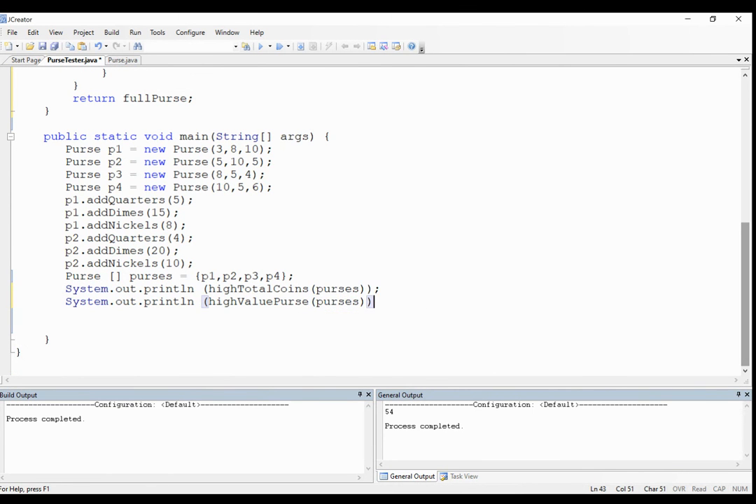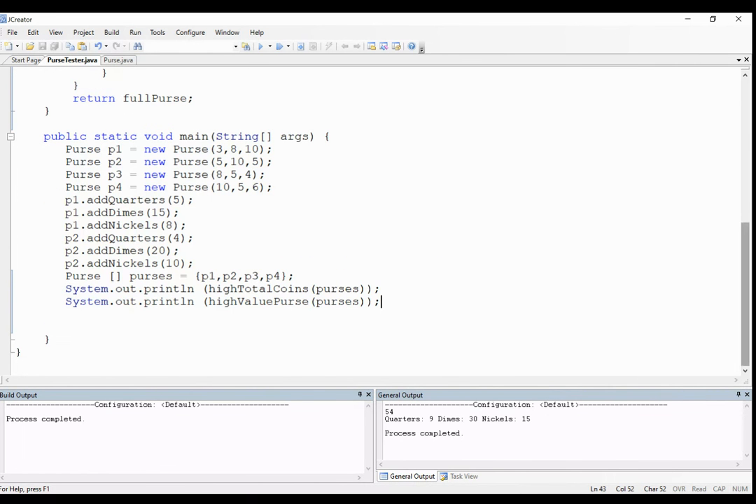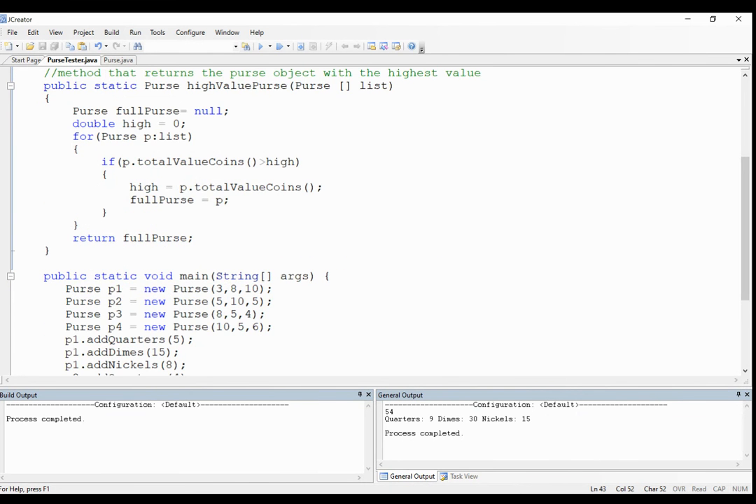So it's going to return the purse object, and then the toString will be automatically called. So it's going to show me all the information about the purse, because that's what we have in the purse class. If you go to toString, it's going to show you the quarters, dimes, and nickels. Okay. Now the next method